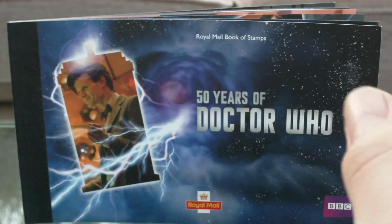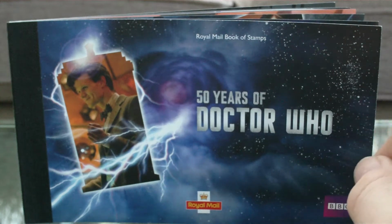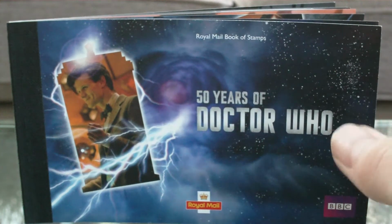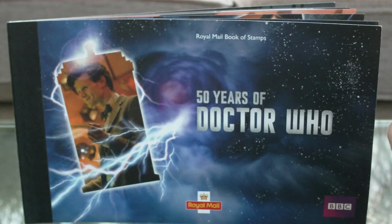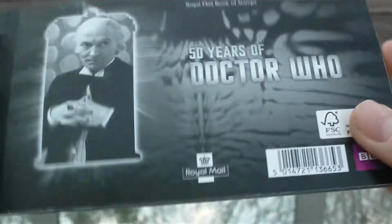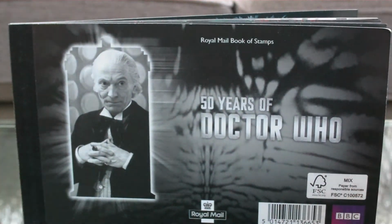The booklet is split up into two halves, which is really nice. The newer series half and the classic series half. We're going to start off with the classic series half first, and then we're going to move on to the newer series half. So if I just turn it over here, as you can see, on the front here,